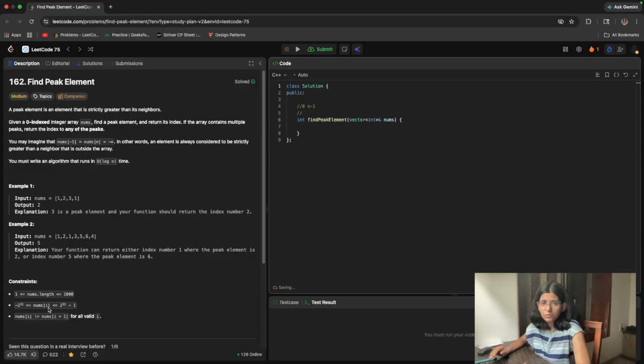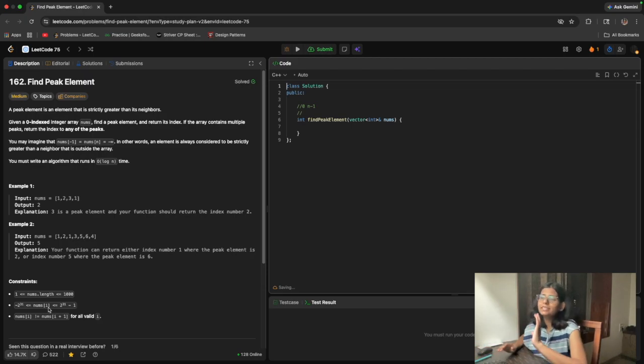So if the size is 1, we return the only index, and if the size is 2, we check first and last, and for every index in between 0 and n minus 1, we'll just run a for loop. And that is the solution, which works in O(n).